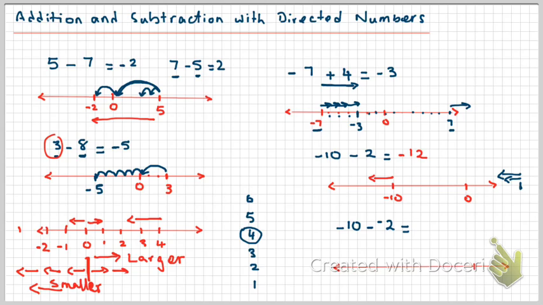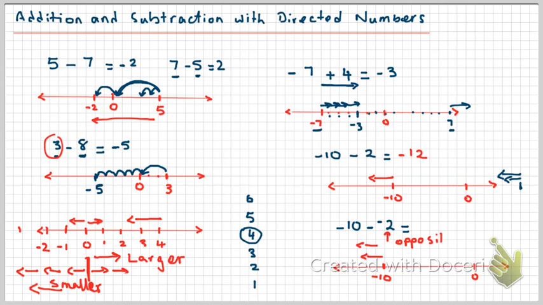So just like before, we start with a negative 10. That's our starting point. And now I'm doing a takeaway. Well, great. Takeaway, we just talked about takeaway makes things smaller, so I need to move that way. But I'm not taking away 2. I am taking away negative 2. If I was taking away 2, I would move twice this way. But negative 2 is the opposite